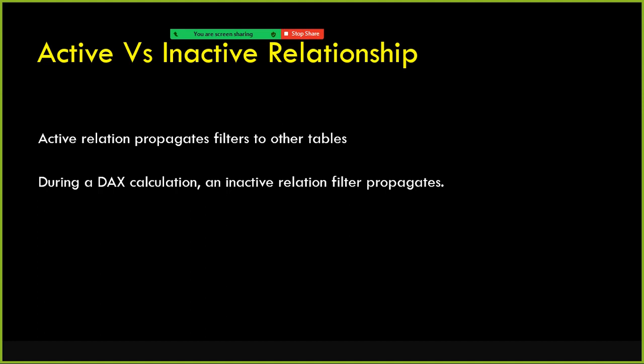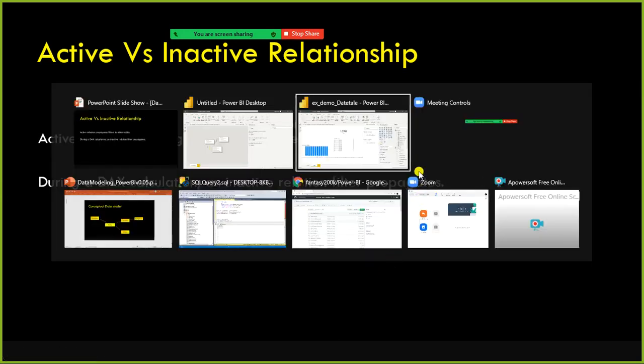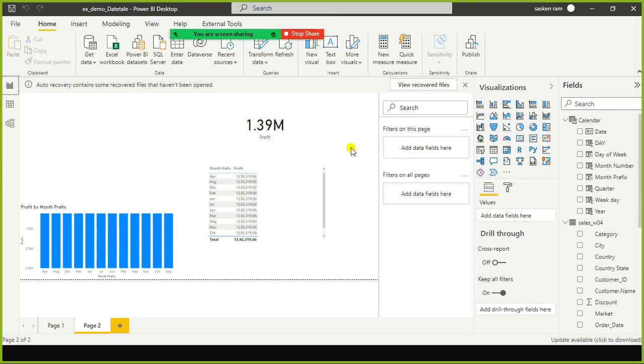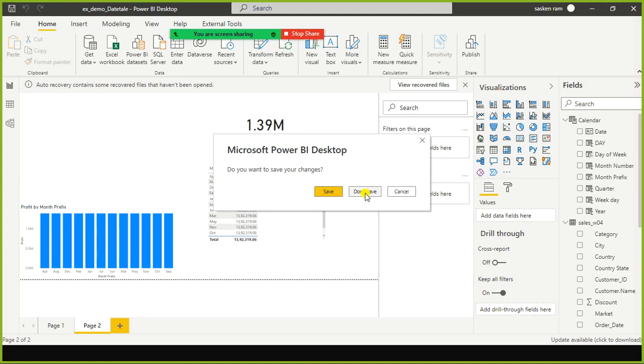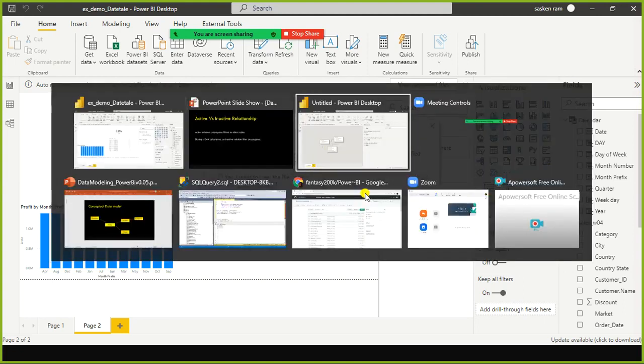Active relation propagates filters to other tables, whereas inactive relationship does not pass filtering to other tables. Okay, the inactive relationship doesn't do anything by itself. It requires some kind of treatment. Okay, fine. So we will see with an example what exactly active and inactive relationship in Power BI. I just close this one. This is a small one. I'll open another